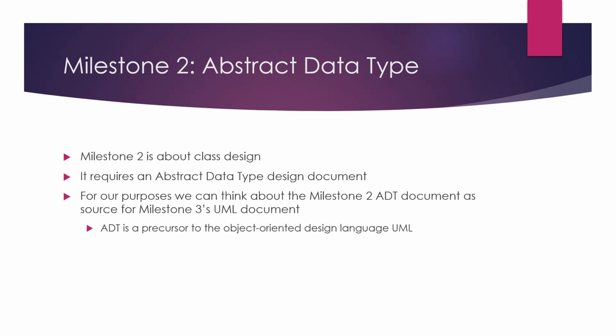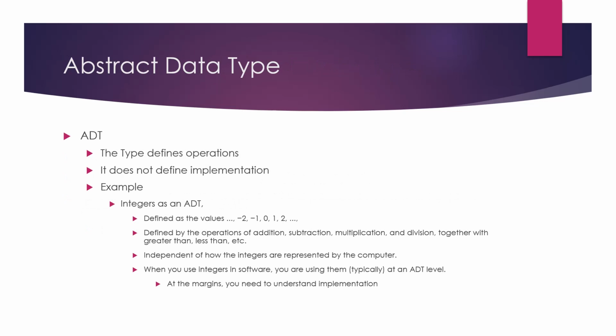So the abstract data type is a precursor to the object-oriented design language, the Unified Modeling Language. It's not really an object-oriented design language itself, the abstract data type, but it's an evolutionary step toward that. Let's talk about it a little bit, the ADT. An ADT, an abstract data type, is a type that defines operations, but it does not define implementation. So at this level, you're thinking about how the data type looks from the external world and not about its